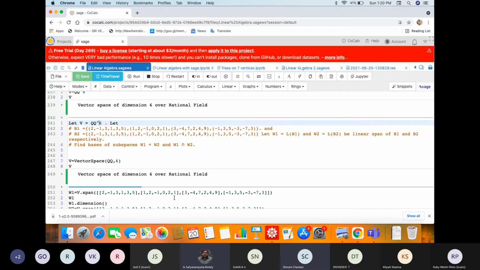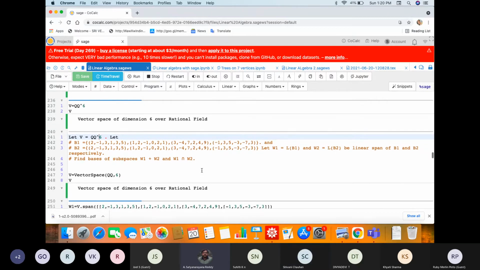Yes. Now you have taken B1 and B2, and you want to find the linear span. You already showed them that the span of B1 will give that vector space. At one point of time you asked whether the span of B equals V. It gave false. So that means it is already computing the span.